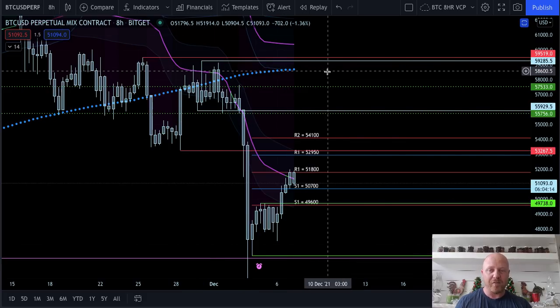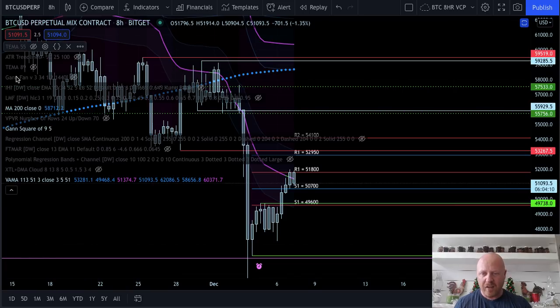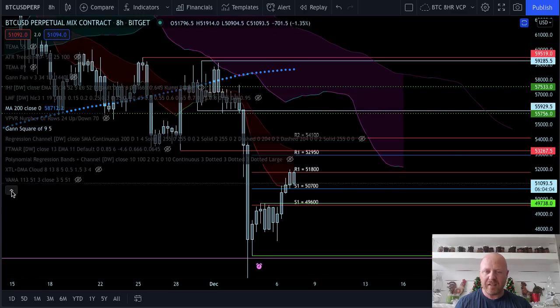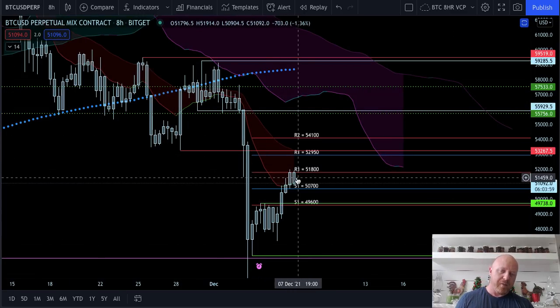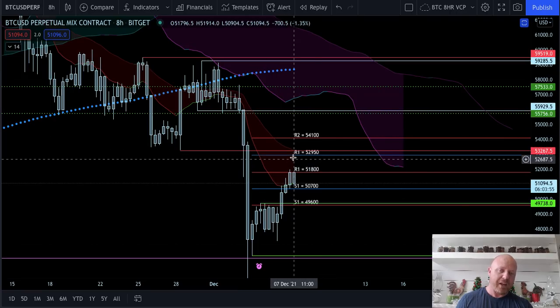Your 200 moving average is still above you, this dotted blue line. Let me go ahead and take this off. Let's see where we are in relation to Ichi here as well. See if we have Kumo cloud support, resistance. So we have our moving averages right here, and we're in the middle of them, okay? So this is also what's rejecting us, our moving average, our volume-weighted moving average,